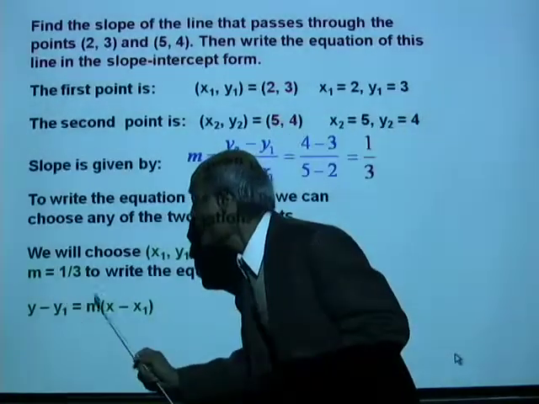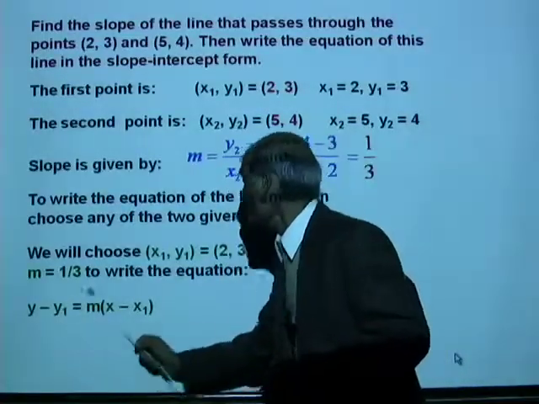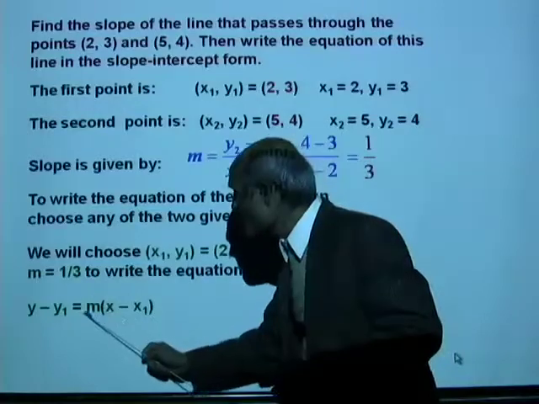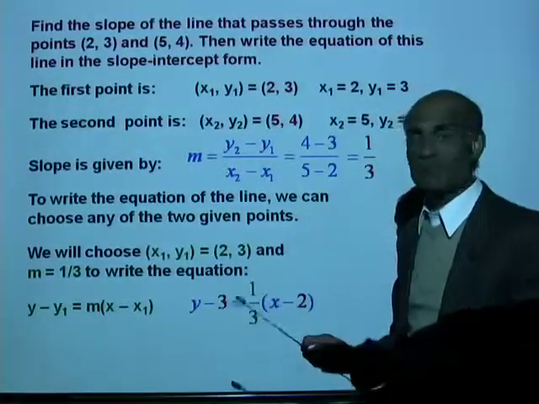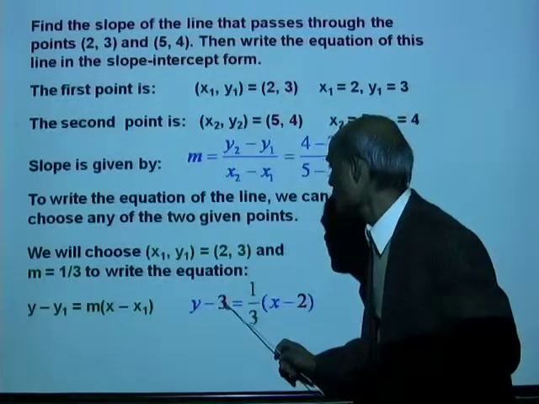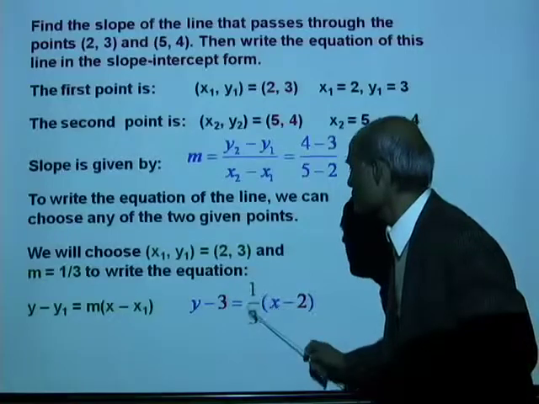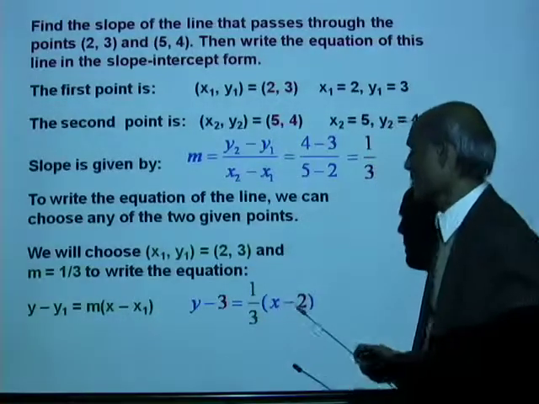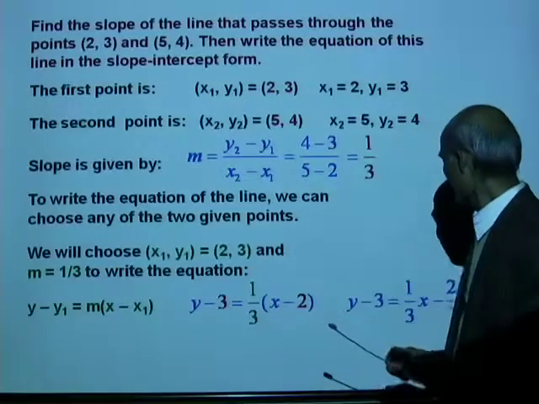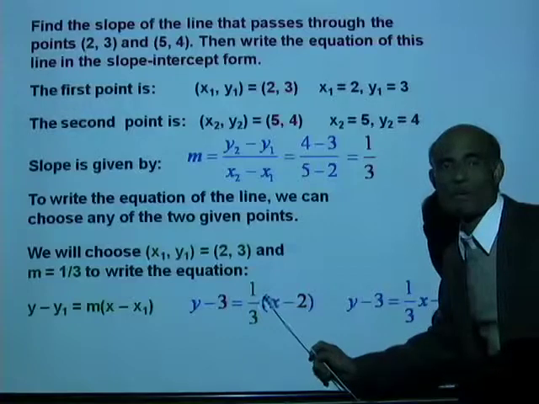Well, we know x1 equal to 2, y1 equal to 3, and m equal to 1/3. So replace all those values. We get y minus 3 equal to m, the slope, times x minus x1. There you are. And that is y minus 3 equal to, distribute that 1/3,